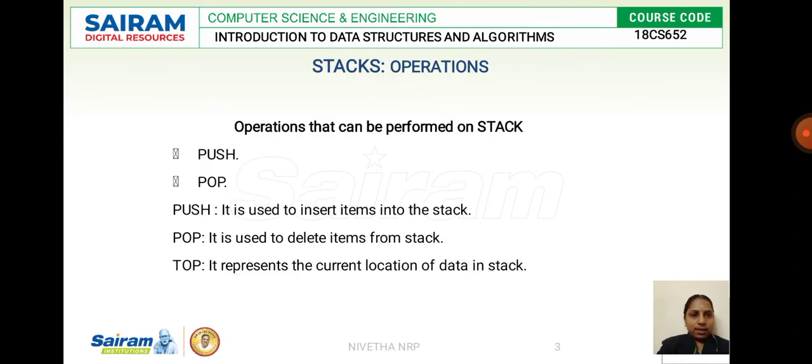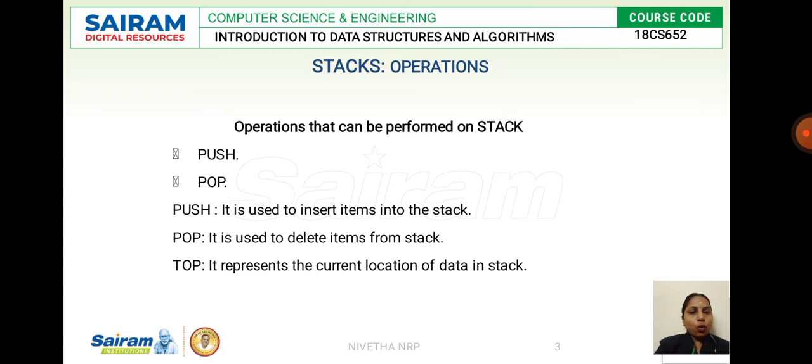We know what a stack is. It is a linear data structure and it follows LIFO order to perform the operations. LIFO is nothing but last in, first out. Whatever operation it may be, it can be done only at the top of the stack. Since the last inserted element will be removed first, it follows the LIFO order.